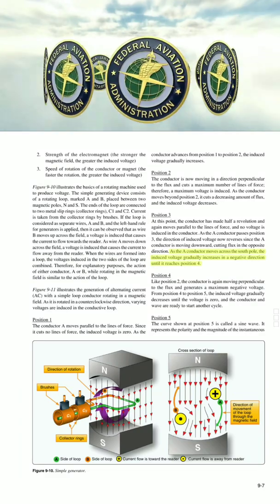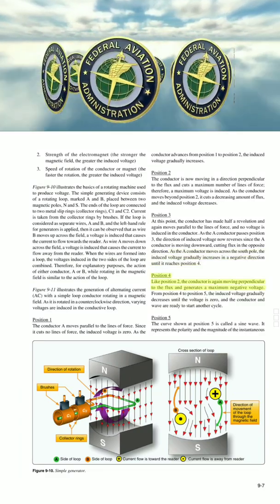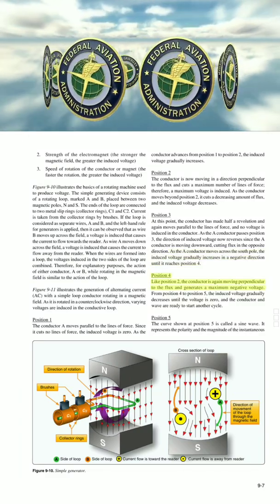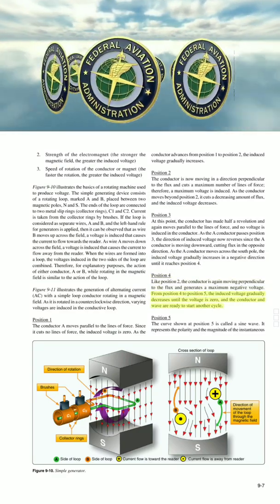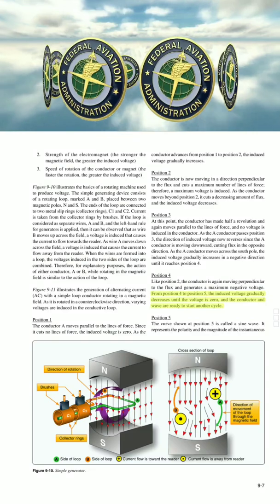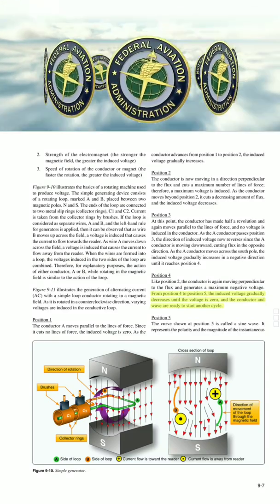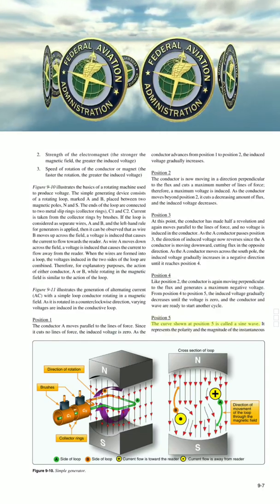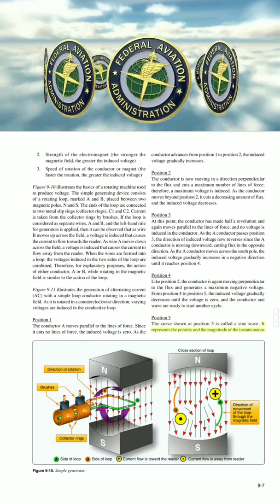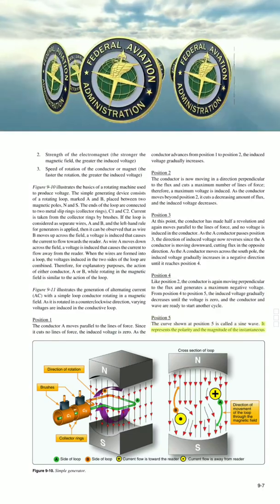reaches position 4. Position 4: Like position 2, the conductor is again moving perpendicular to the flux, and generates a maximum negative voltage. From position 4 to position 5, the induced voltage gradually decreases until the voltage is 0, and the conductor and wave are ready to start another cycle. Position 5: The curve shown at position 5 is called a sine wave. It represents the polarity and the magnitude of the instantaneous